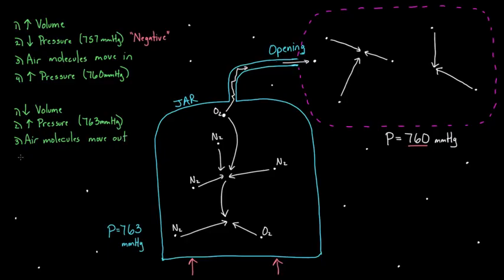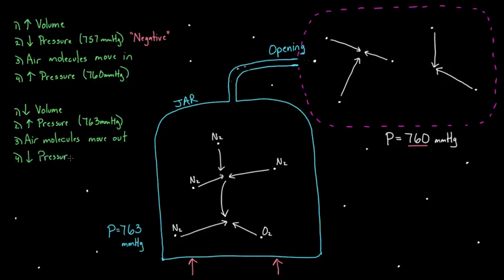So the final point is that if air molecules are moving out, let's say just by random chance this oxygen molecule happened to be the one that got sent away, so this one got knocked out, then you have 5 molecules again on the inside, and you have the same volume that we initially started out with. So the pressure on the inside goes back to what it was in the first place. The pressure falls